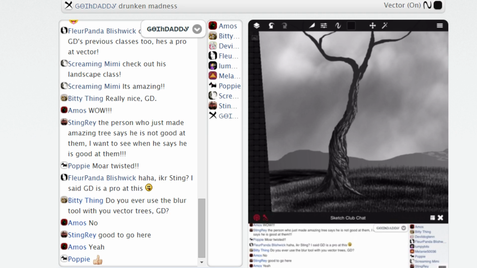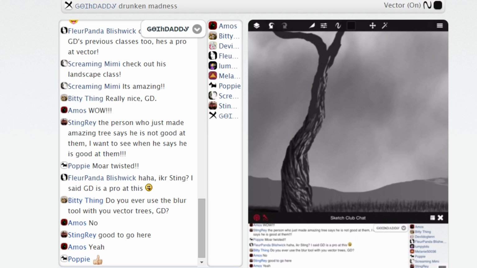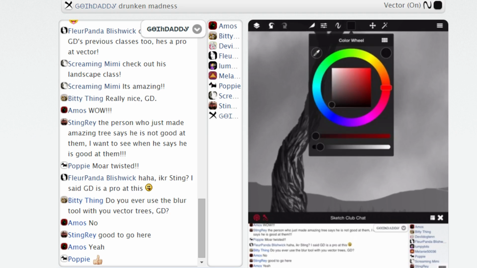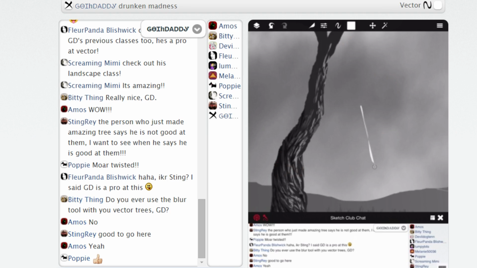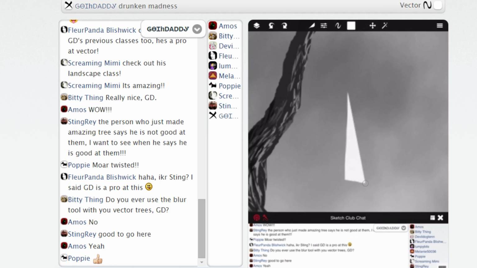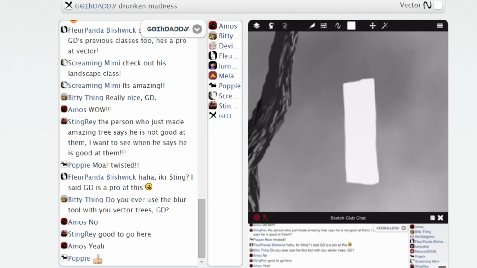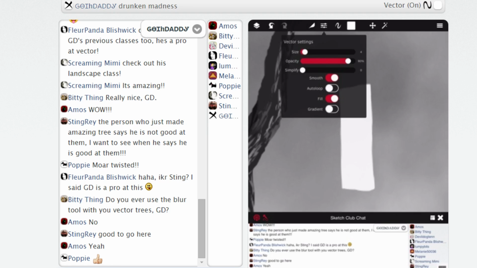Not so much. I don't really use the blur tool very much. I imagine if it was a different kind of tree, generally when I draw a tree, I'm kind of stuck in that I'll do rough textured trees. But if I were going for something more like a birch, a smoother bark, rounded tree, then I might